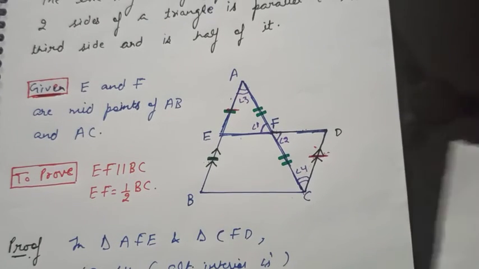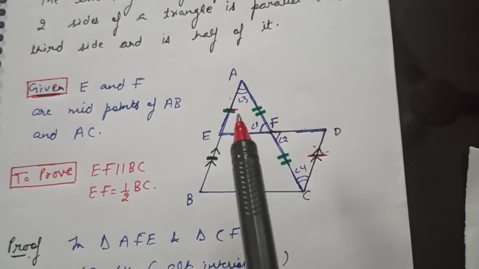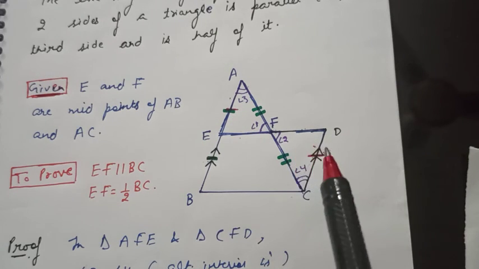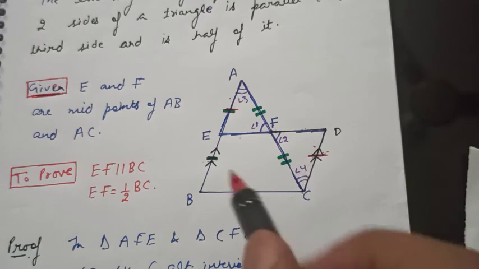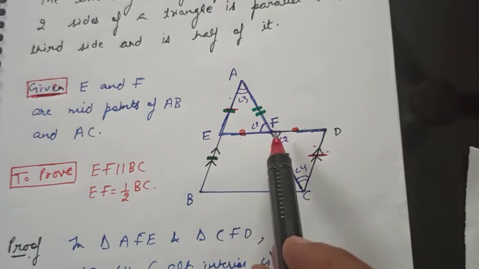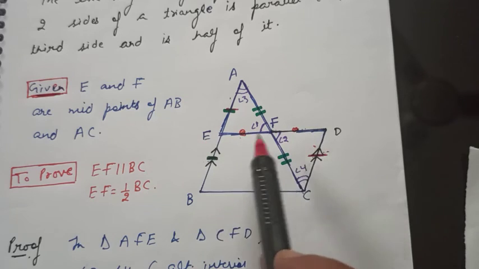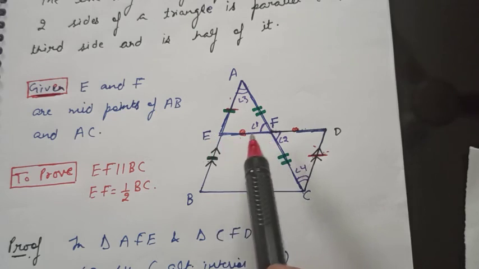And then now I need to prove that EF is half of BC. So because these two triangles are congruent, I can say that EF is equal to FD, right? By CPCT. So these two will be equal. So therefore I can say EF is half of ED because these both are equal. So EF I can say is half of ED. But ED किसके बराबर है? BC के बराबर है. So therefore EF is half of